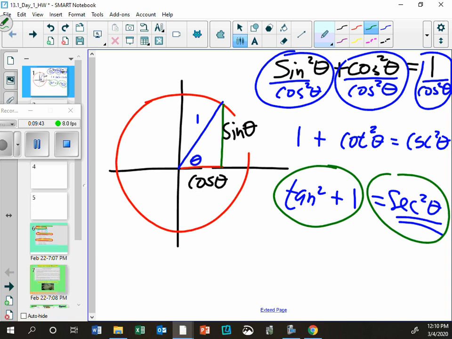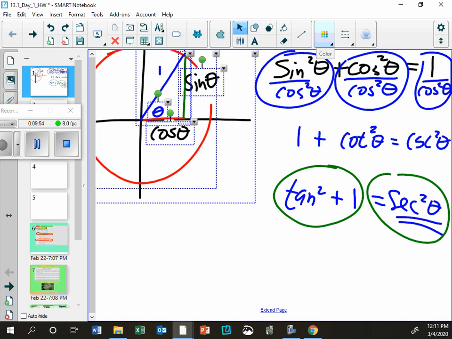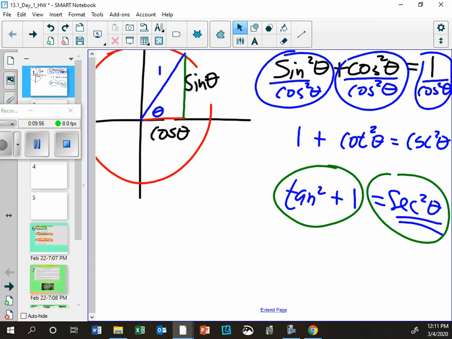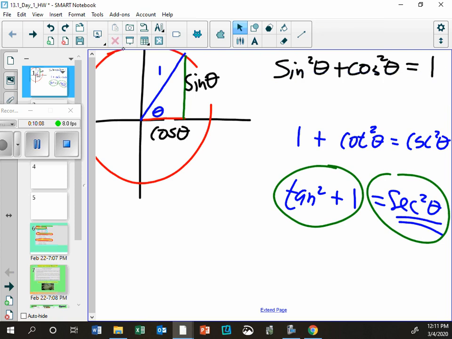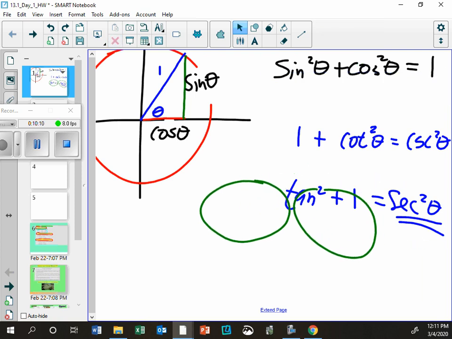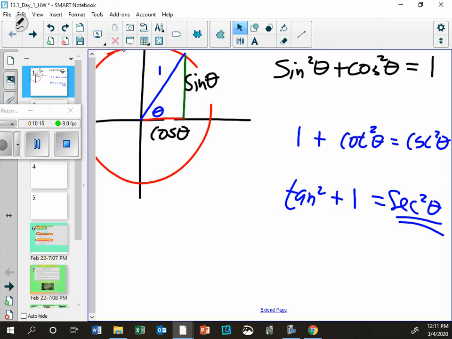All right. So those three facts, let me give you an example of where you might use them. Give me just a second to move this up. I'm going to take off these circles around each thing. Okay. Oh, and I got to get these off of there too. There's my 3 sets of facts. Here's an example question.